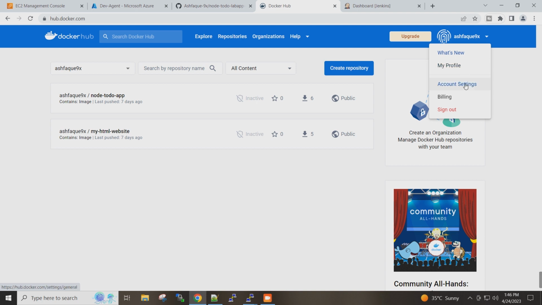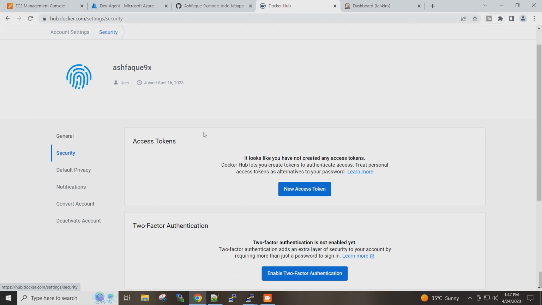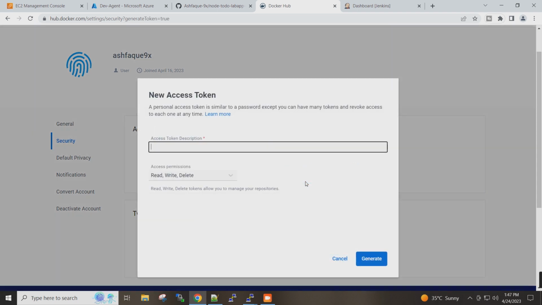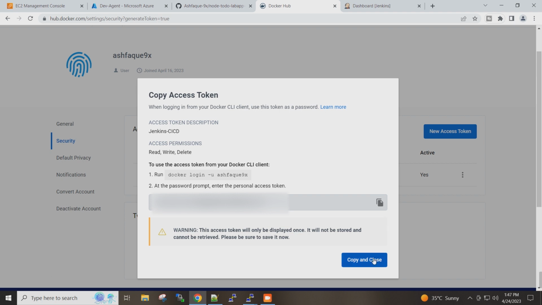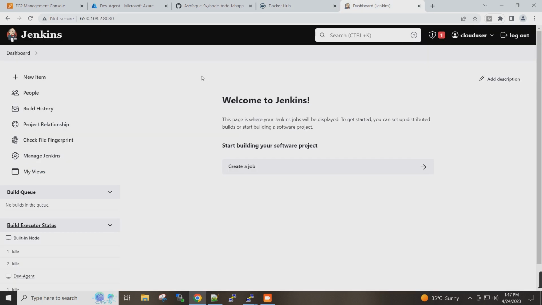I will go to account setting, security, new access token. I will give the name, generate, copy and close. I will go to Jenkins dashboard,